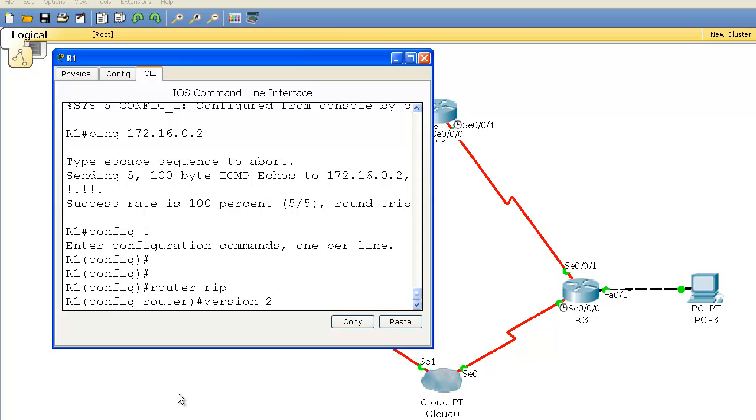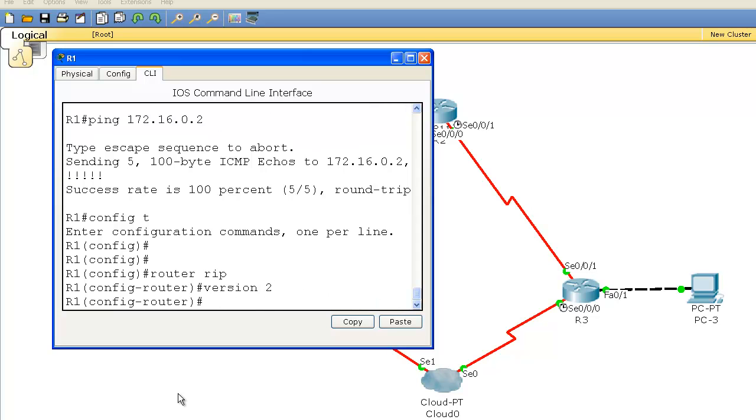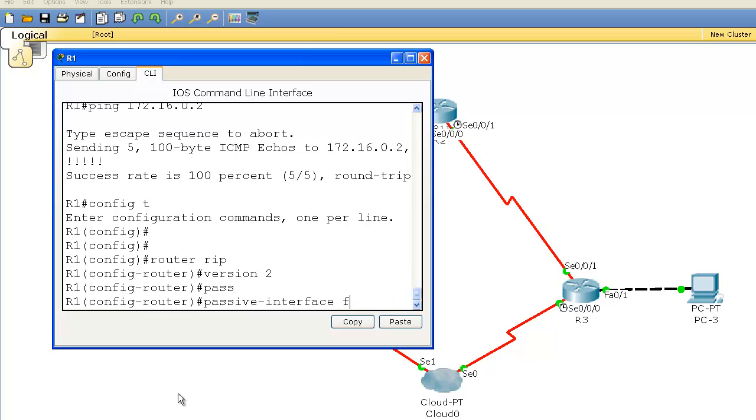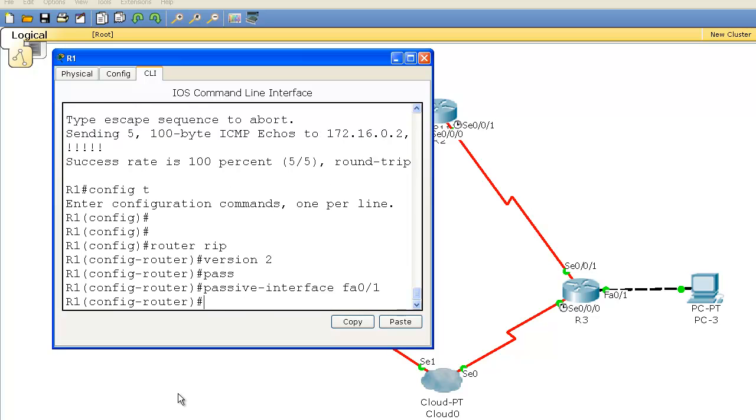We do want to do version 2 because obviously you are going to use subnet masks. Now, at this point, you've got two options. I can either advertise my two networks and then turn off one of the interfaces, like I could do passive interface FA 0/1. Boom. Now, that says don't send anything out 0/1. Or I could do